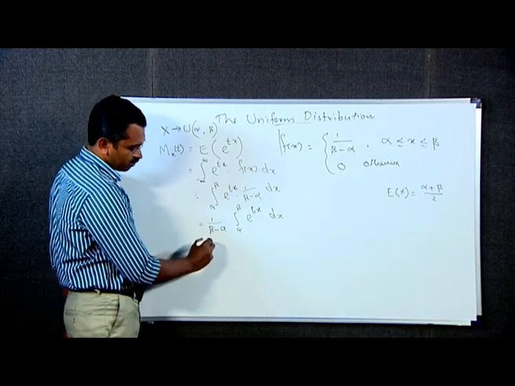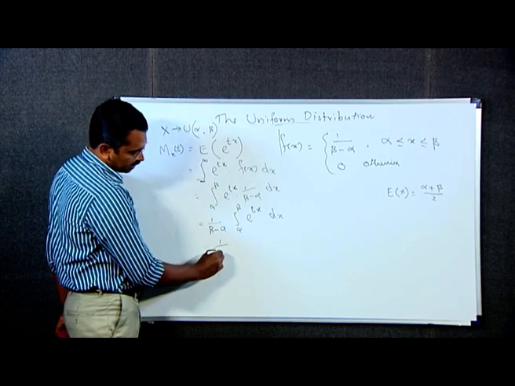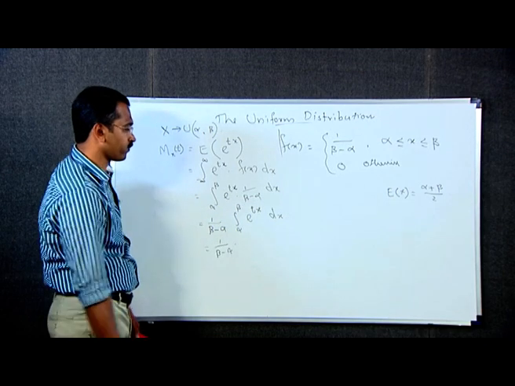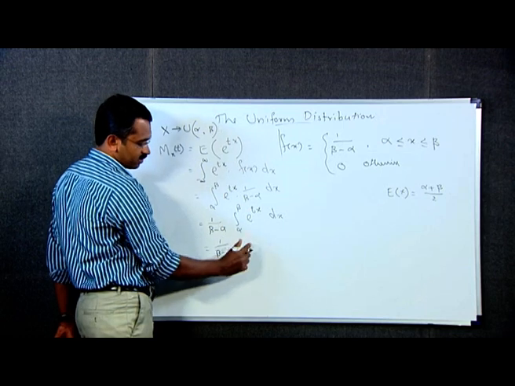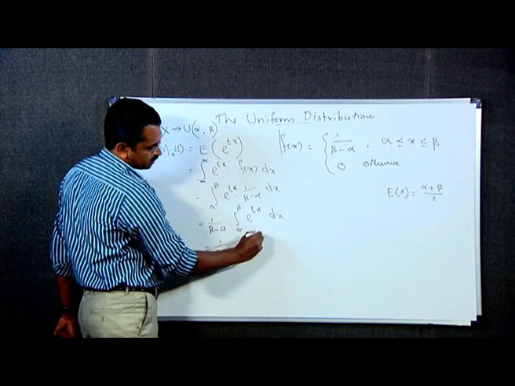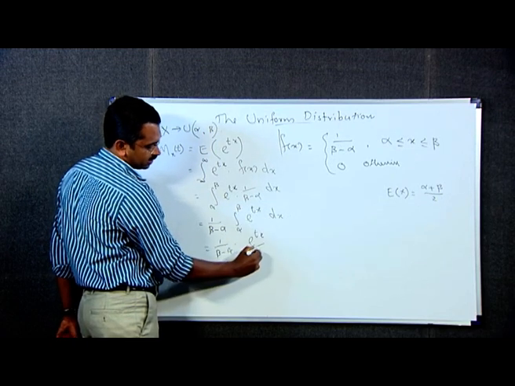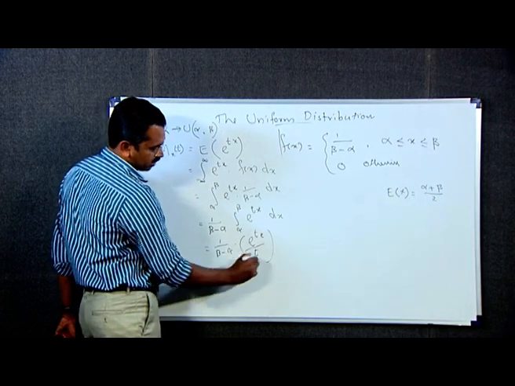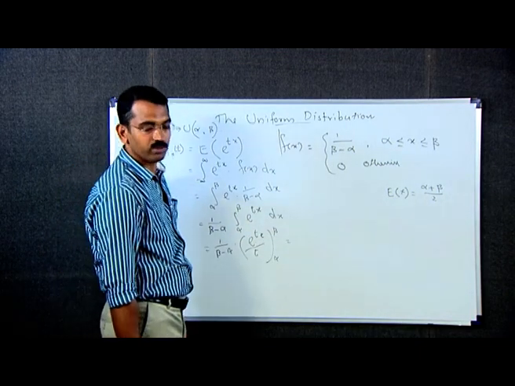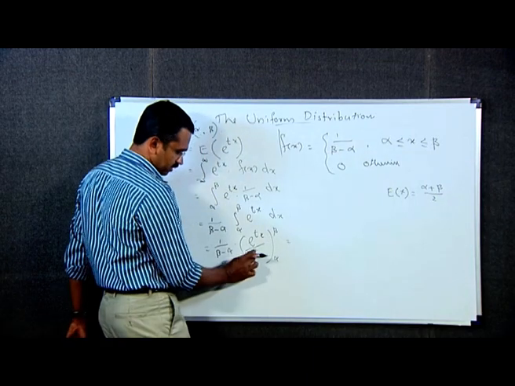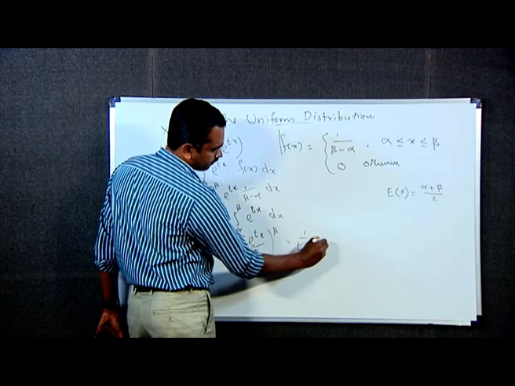On integration, we get this is equal to 1 by beta minus alpha into, here integration with respect to x, therefore it is e raised to tx divided by the coefficient of x, which is t, between the limits alpha and beta, which is equal to 1 by beta minus alpha into t, that is 1 by t into beta minus alpha